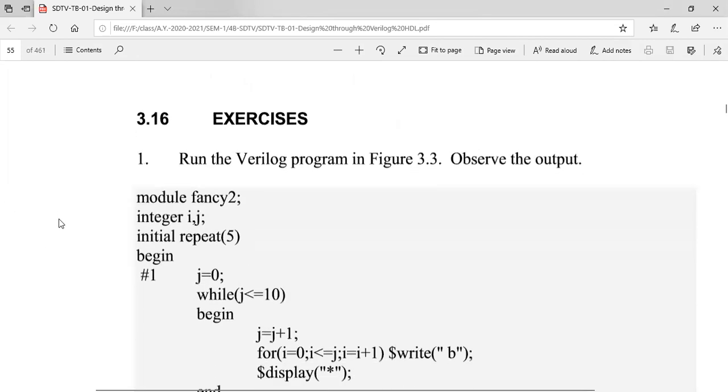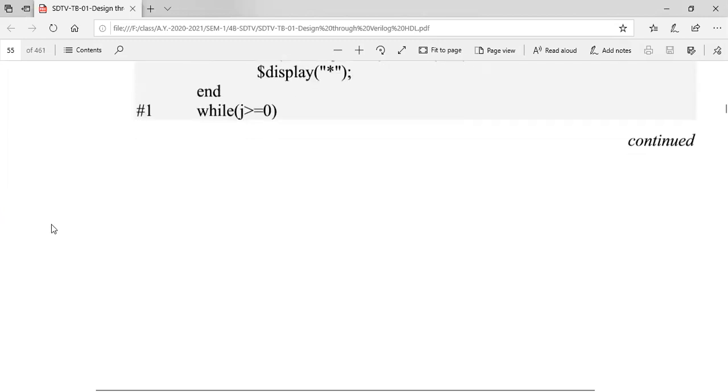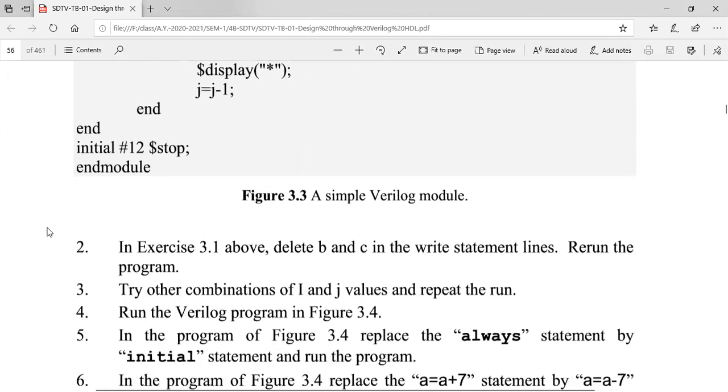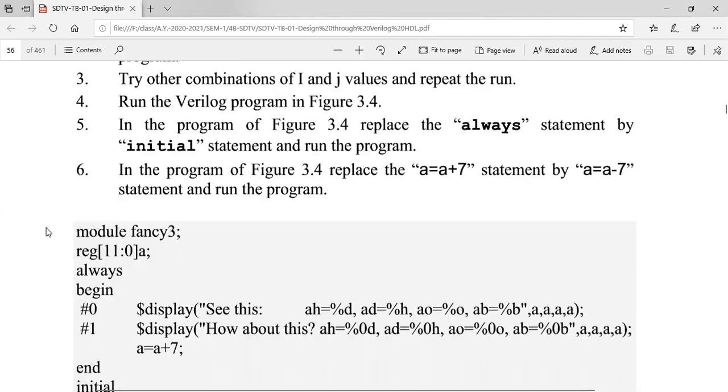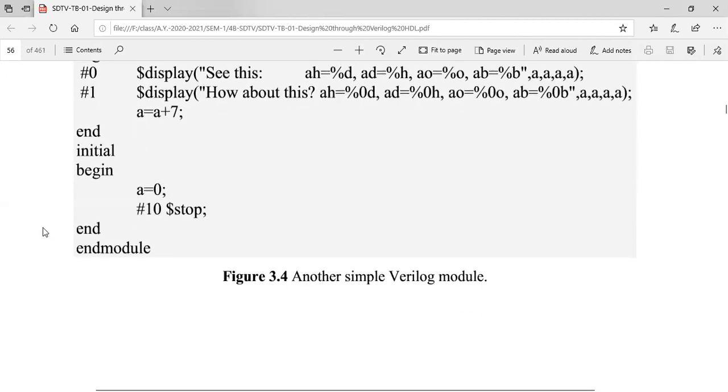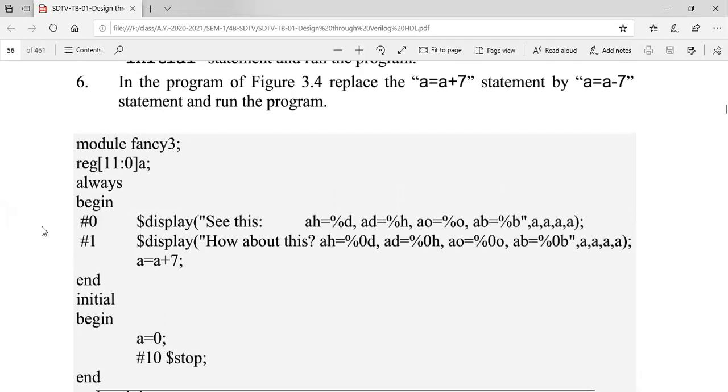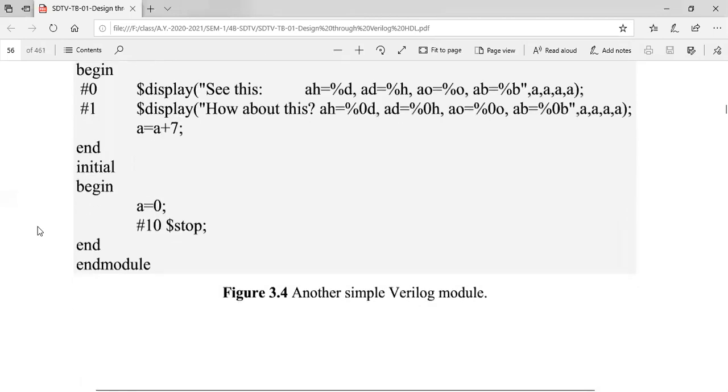Okay, we have some exercises. We have to go through them. The programs are given directly. In the future classes, we will see what they are. By that, we have concluded the first unit.